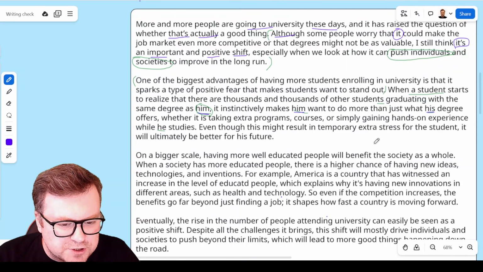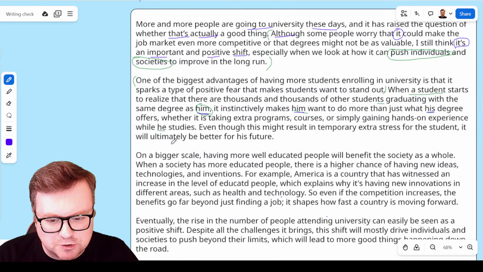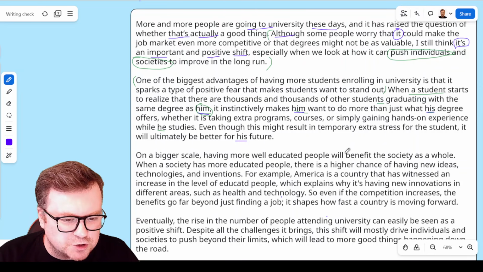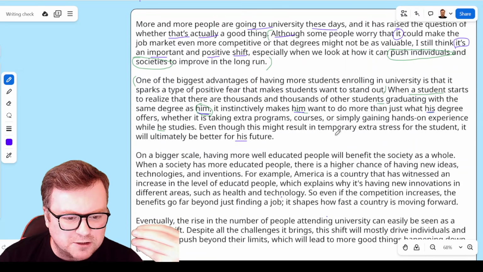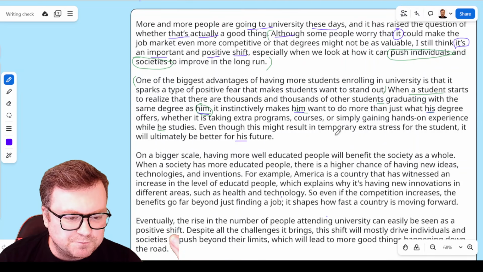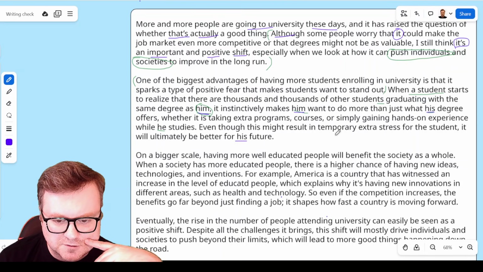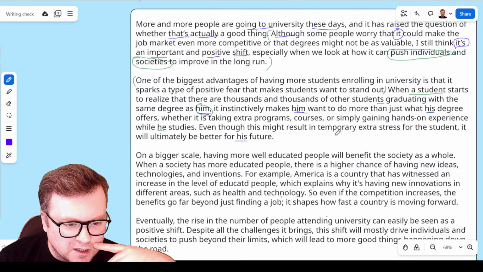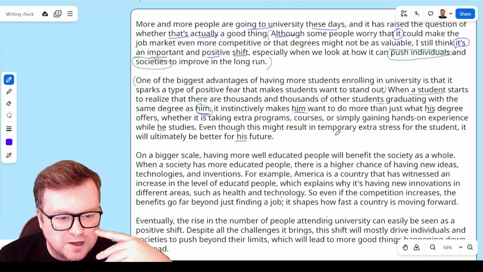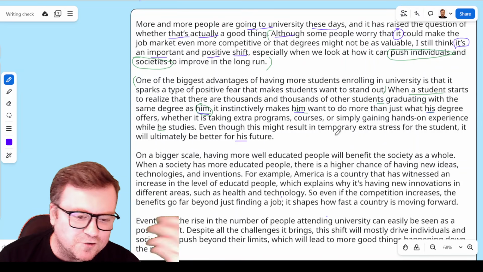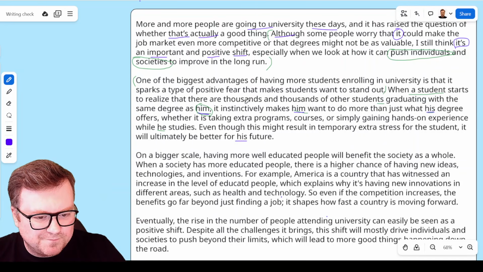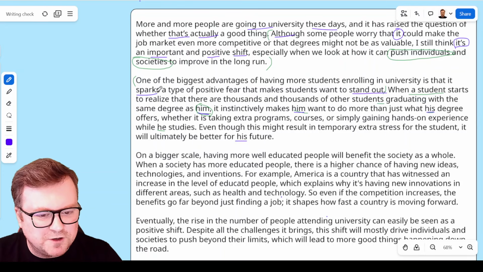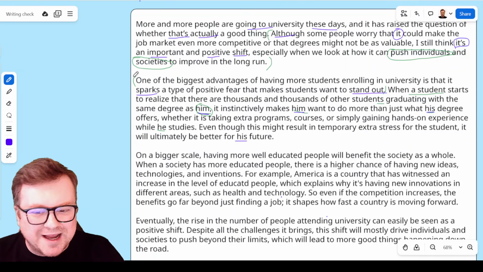Okay, even though this might result in temporary extra stress for the student, it will ultimately be better for their future. So, grammatically, we're very strong here, right? Very few mistakes. In fact, no grammatical mistakes. We have a complexity of sentence types, of structures. We get some nice flexibility with although and even though, with those cohesive devices for contrast. Cool. Nice language too, like stand out and sparks in terms of vocab. So we're very good with vocab. We're very good with grammar. However,